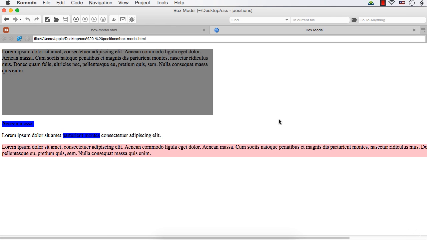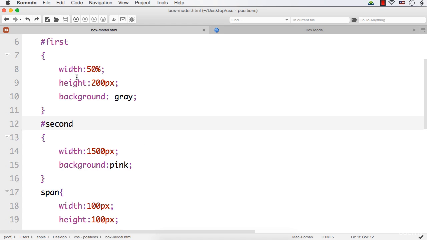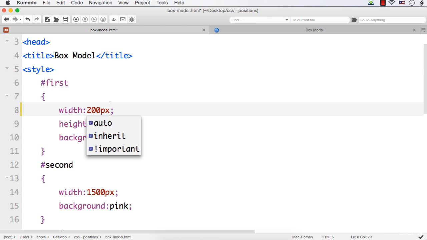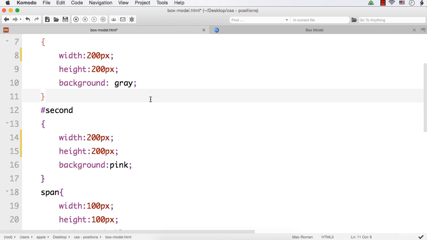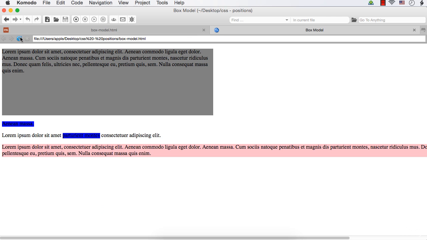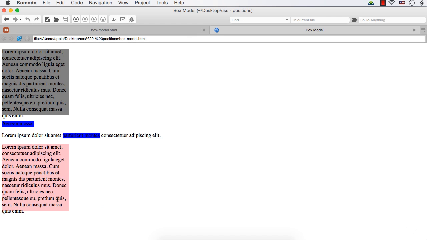This is the web page we have modified in the previous lecture when we discussed width and height. Let me set the width and height of both the first and second paragraph elements to be the same. So let me change the width to 200 px and let me copy this and paste it here. Now the width and height of both the first and last paragraphs are the same. So you could see it here. Let me refresh. See, the width and height for both the paragraphs are the same.